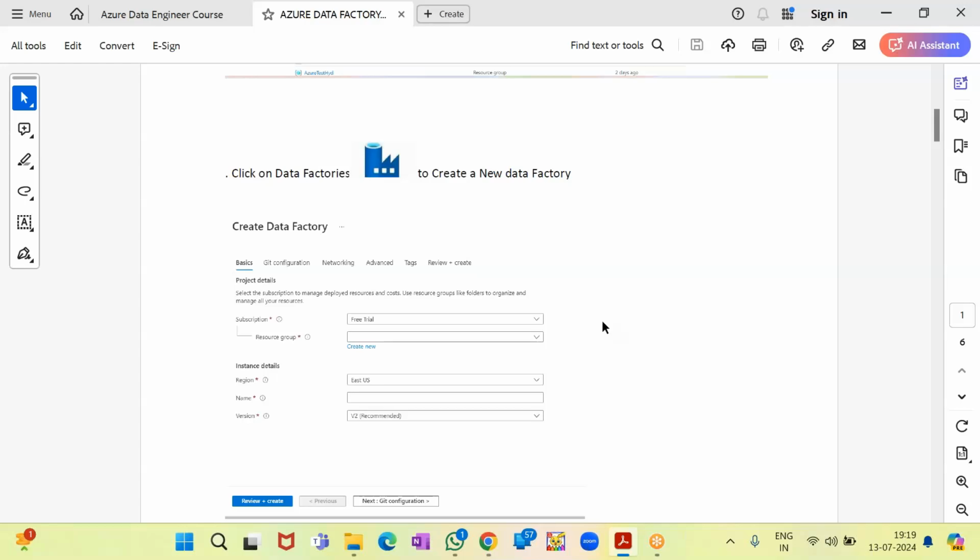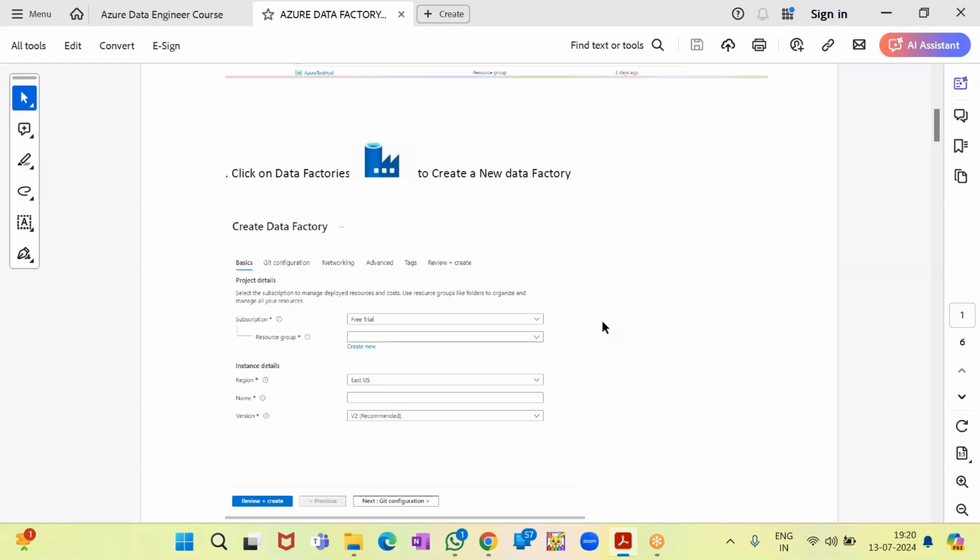So for this free trial, we need to have a credit card. It need not be in your name, and you need not purchase anything. It will only check whether you have a proper working credit card or not. It will only charge you 2 rupees, and that Indian amount of INR 2 will be refunded to you